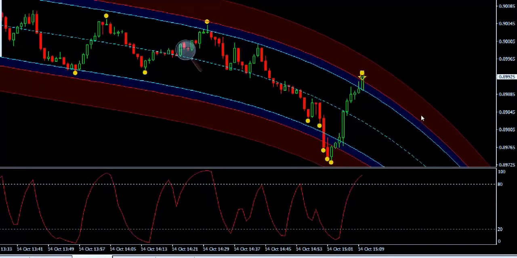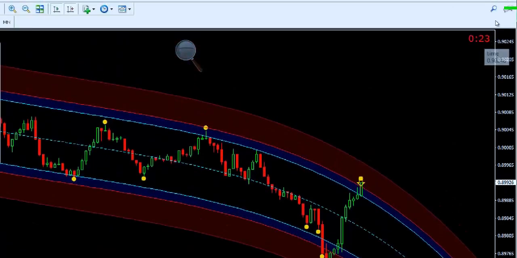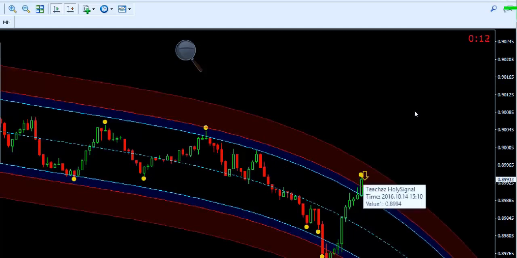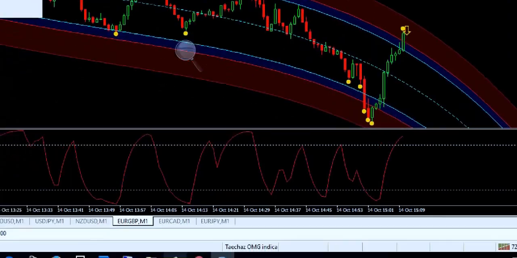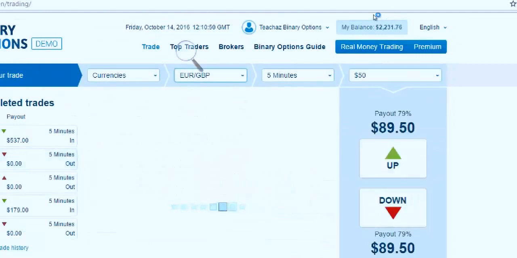And I also check, there's a signal, guys. I just got the signal, and I also check the timer here. You can actually see that it's 23 seconds left. So I'll enter on the formation of the next candle. You can see it's already 12 seconds left, so I can quickly just rush to the trade. As you can see, guys, here I already have